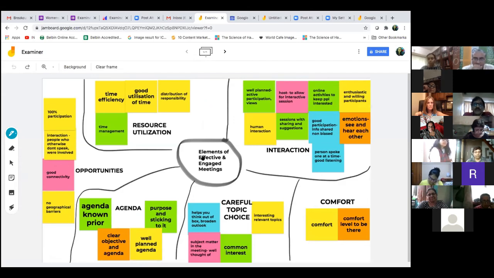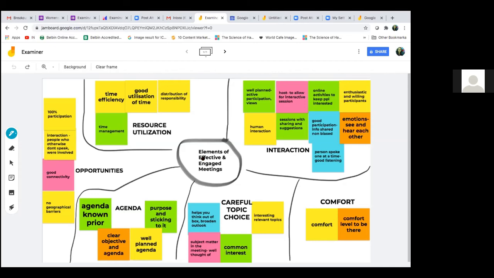So this is Jamboard. Again, Jamboard is free. It's colorful with all of these sticky notes, etc. So especially when you're having group discussions and you want to capture the points that people are coming up with, this could be one way in which you can capture it. Is that making sense?